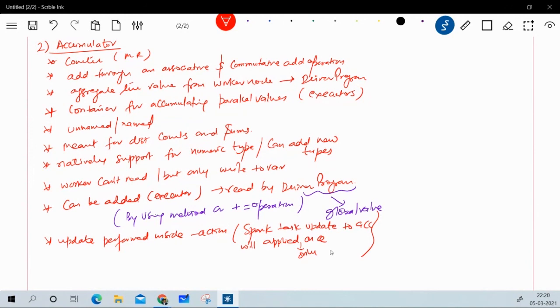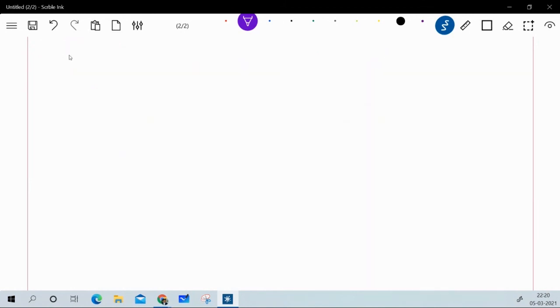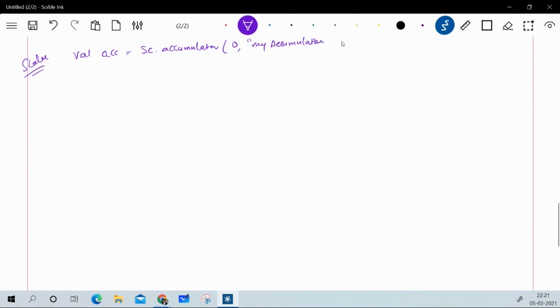So now let's see how we can create the accumulator logically. Just to create an accumulator, we have a Scala code: we have a val, let's say accumulator is my variable, and here I am using the low level API with the help of sc.accumulator, and then 0, and then my accumulator, which is the name of my accumulator, right?